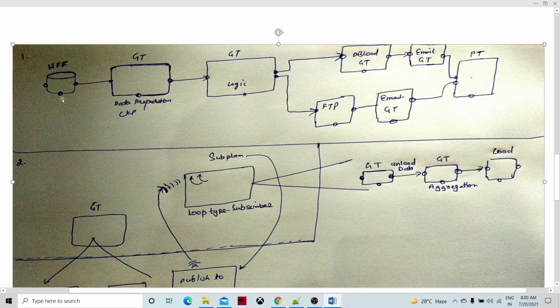So it's going to wait for that particular file, and if the file arrives, then the subsequent task, the graph task, is going to be executed. It could be a data preparation step, and then there will be a logic. Whenever the wait for file executes, there is a configuration where we specify the file name. Then there is a call interval, which means how frequently it is going to monitor the file.